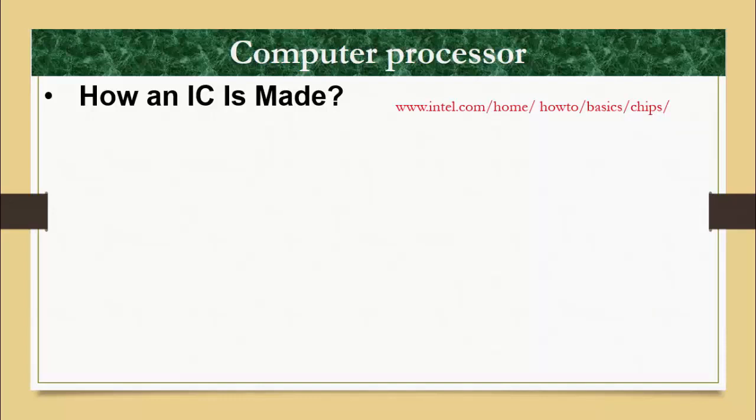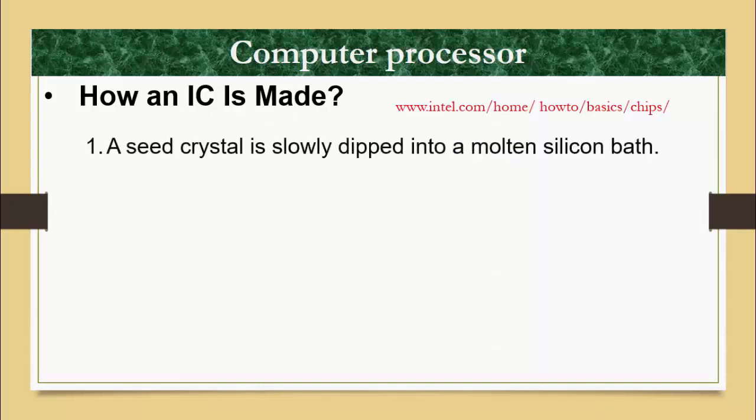However, here is a brief summary of what happens in this process, which we will explain one by one. The first one, students: a seed crystal is slowly dipped into a molten silicon bath. As it's slowly extracted, it grows into an ingot of pure silicon that is grown into a perfect cylinder. A very thin wafer is sliced from the cylinder